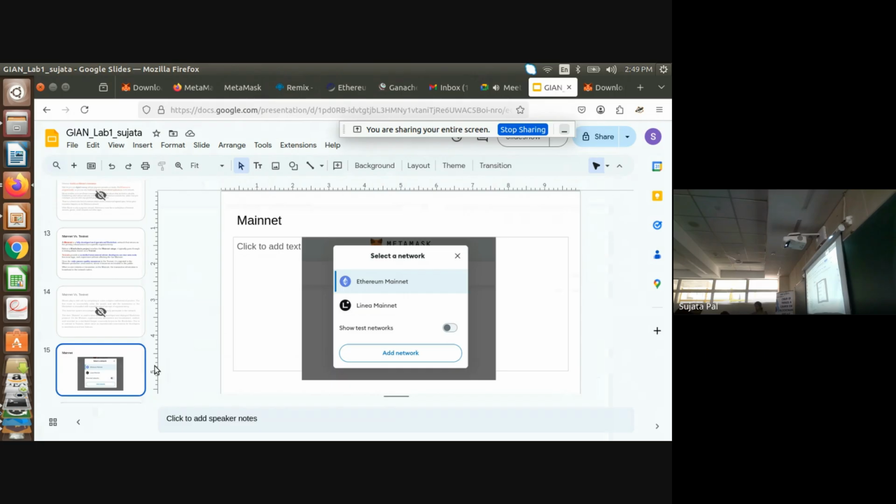Showing support. Okay. So you have mainnet. You created, yes or no? So you have to scroll it down. You have to create testnet. So enable show test network. All of you enable show test network. Scroll it down. This is you in your MetaMask wallet. You saw Ethereum network, yes or no? So these are all main network. If you scroll down, show test network. Enable show test network.